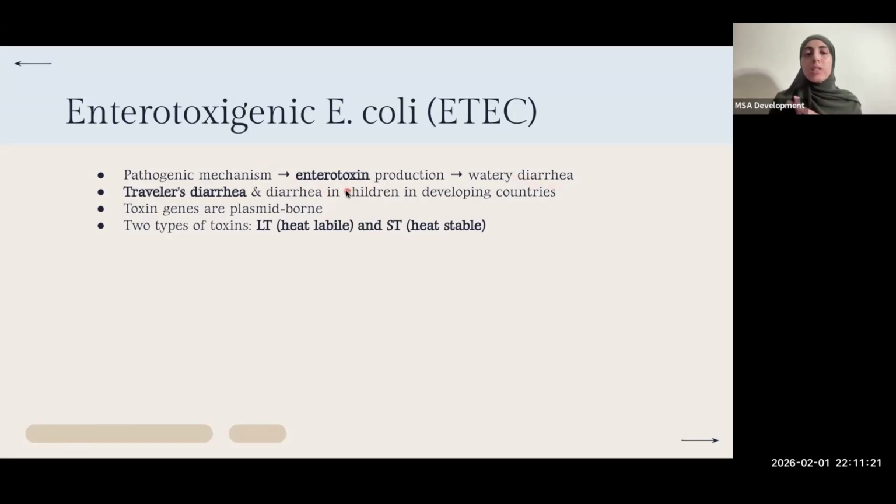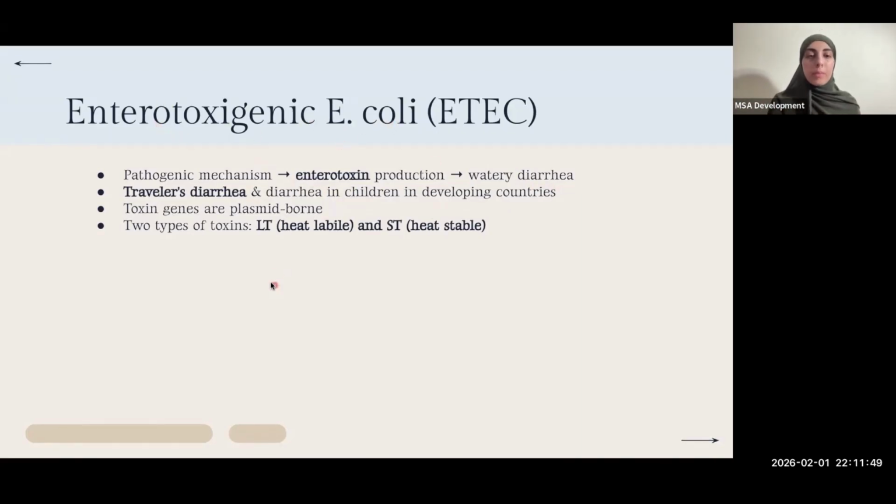This type of E. coli is what's implicated in traveler's diarrhea, as well as diarrhea in children in developing countries. So if you have someone who traveled somewhere that they're not used to living in, just went on vacation, they ate something suspicious from a sketchy, small local restaurant, and then they got watery diarrhea. Think of E. coli,